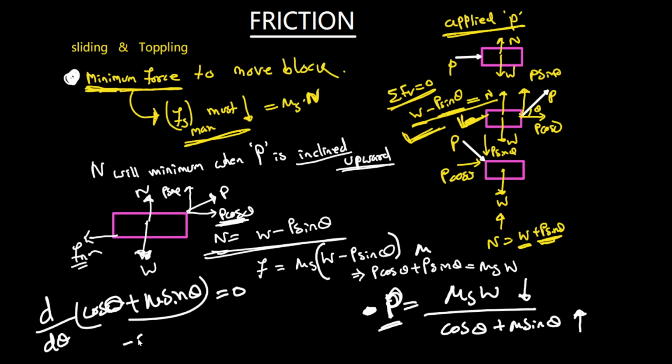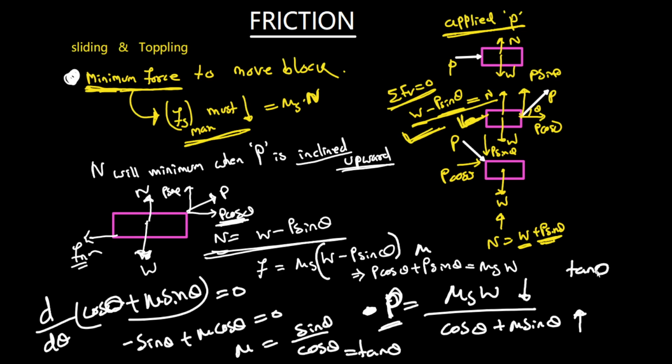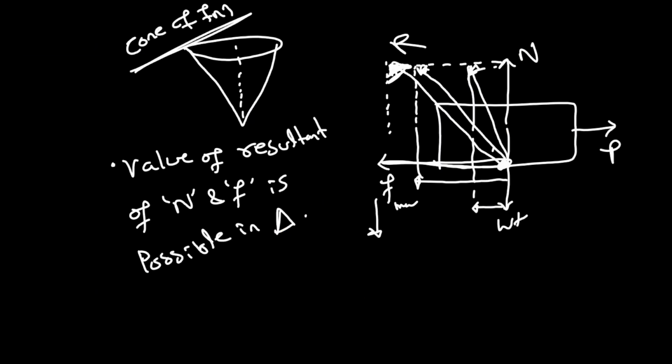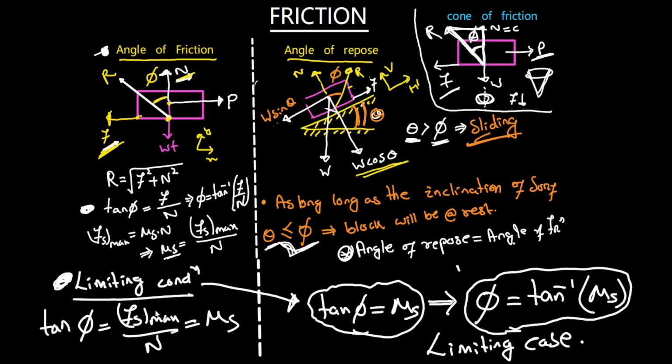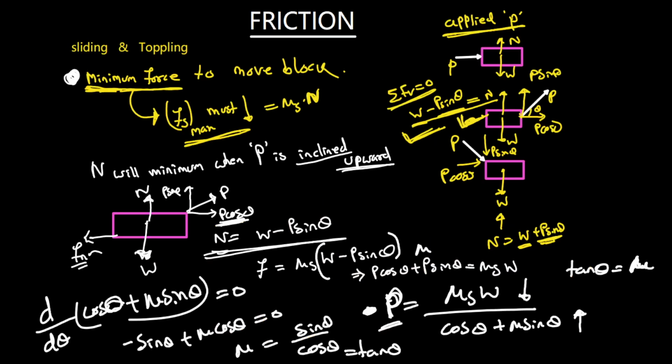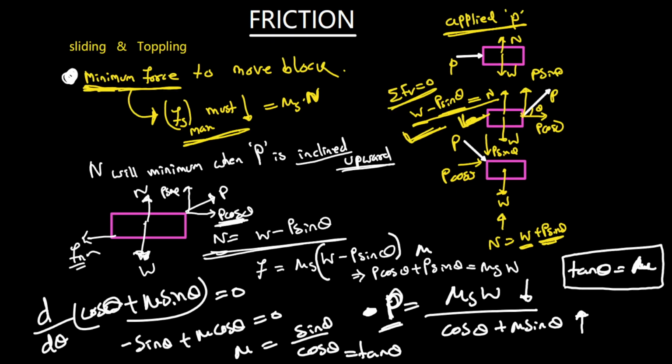From here you get minus sin theta plus mu cos theta is equal to 0. From here you get mu is equal to sin theta by cos theta, which is tan theta. So tan theta is equal to mu. Initially we have seen that tan phi is equal to mu s. So if I compare this one with this, tan theta is equal to mu,